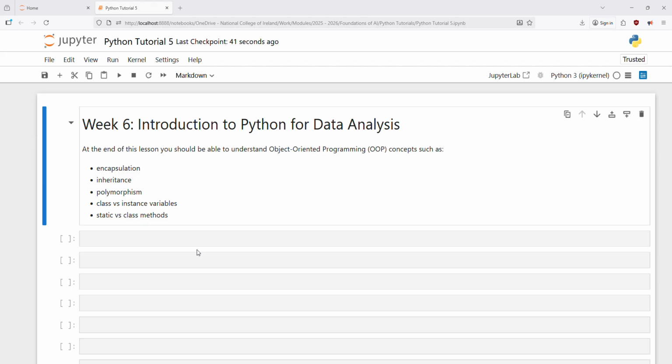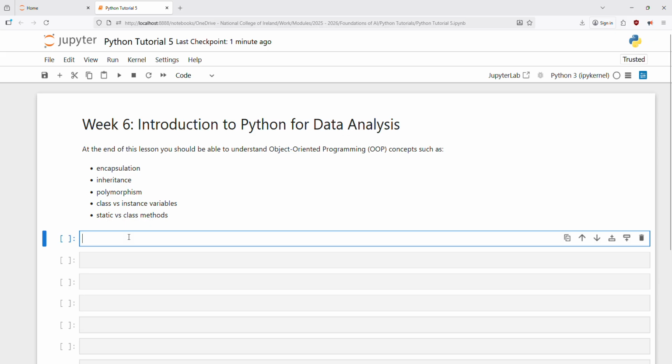Python for data analysis. This week, maybe we won't dive too deeply into the data analysis aspect because we will be looking at OOP concepts such as encapsulation, inheritance, and polymorphism, which you don't really need. You can get away with what we've covered so far, but we'll just go through these concepts today with a few examples that will be useful for you in future. Okay,